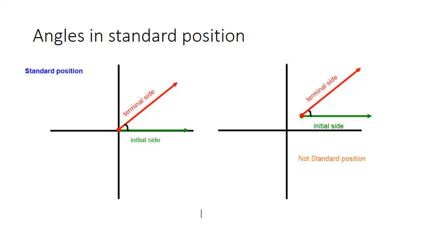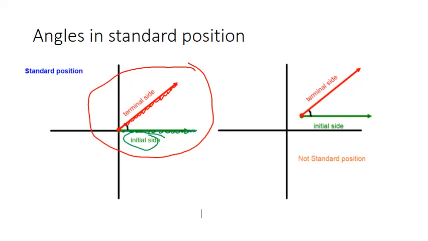One of the things that we need to know is what we mean when we say standard position. All standard position means is that the initial side of our angle, so basically where we start measuring, this part right here, is on the positive part of the x-axis. And of course, we know that the terminal side, which is the other part of our angle, is going to point elsewhere. And technically, it could point in the same direction, and that's a special case that we'll consider later on. So this is an angle in standard position, and this is an angle that is not in